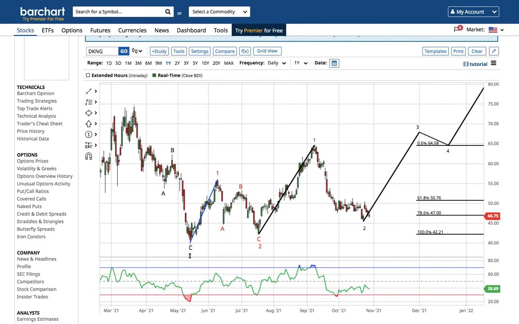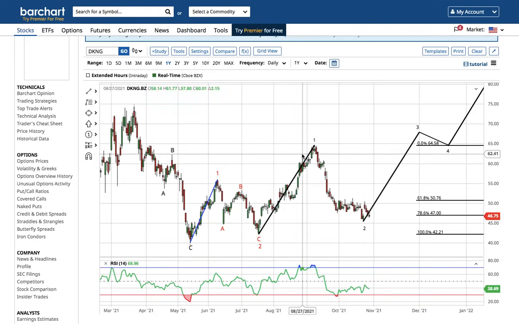It's an ABC correction, a wave 1 and an ABC correction putting in a wave 2. This is another wave 1 and another wave 2. They ended at the 78.6% retracement. I can see this sector getting explosive. This is a wave 1 and a wave 2. So the minimum, and we're not even using the right extension, to be honest, but the minimum wave 3 target is the length of wave 1 placed at the wave 2 low. That's going to take DraftKings all the way up to 67.